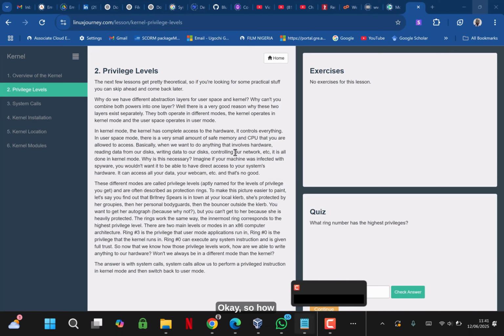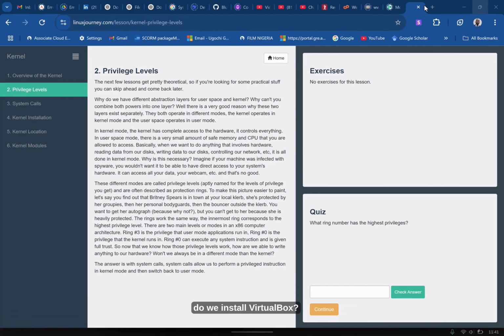Okay, so how do we install VirtualBox? How do we install Ubuntu on our VirtualBox? The plan here is to start our own virtual machine. So what do we have to do? First of all, to have your own virtual machine in your system, you first need to